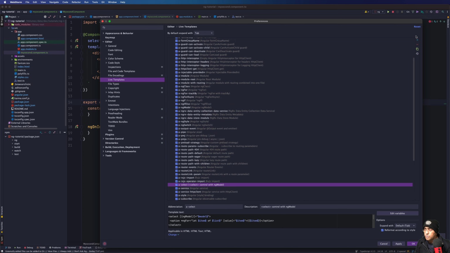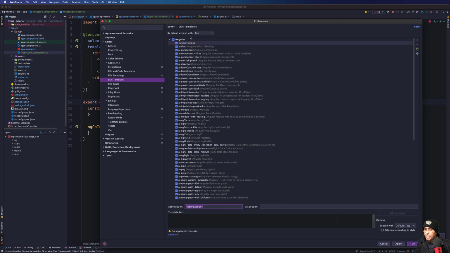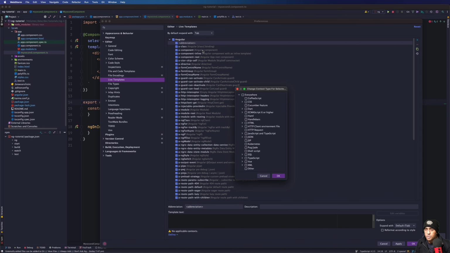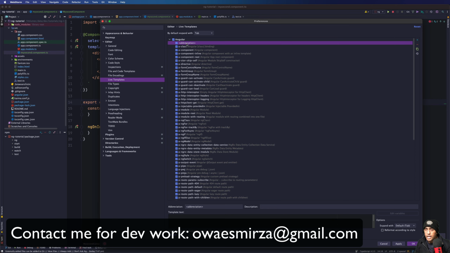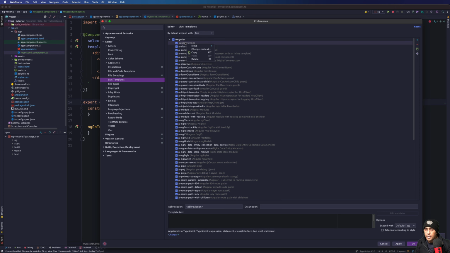And I'm going to go to this button and click on that and click on Live Template. Now I'm going to right click and change the context. So this is going to be a TypeScript file. Click OK. And we're going to define a name for this. So let's go down. I'm going to paste that service code there. And for abbreviation, we just simply say